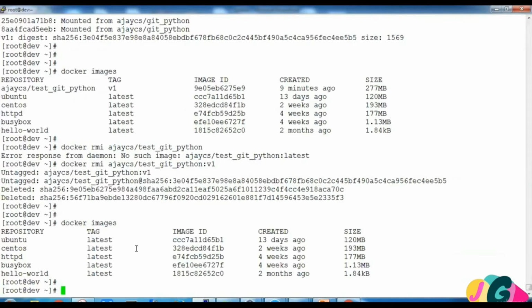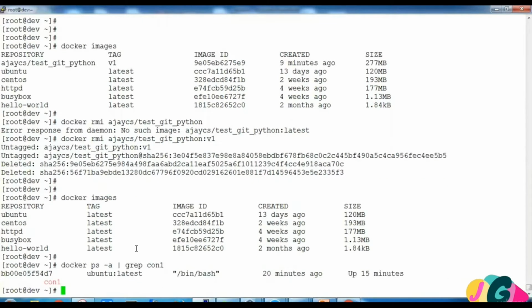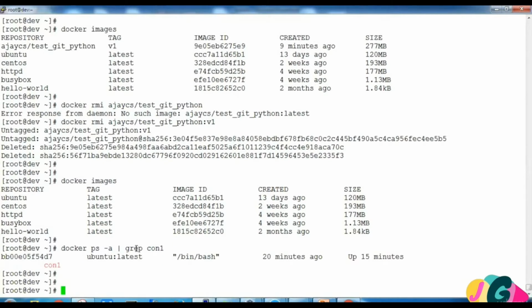Now we'll remove our container also, which we created by the name con1. So we'll say docker ps with the option -a, and we'll grep con1. So here we have that container. Let's say, as of now, we do not require this container.